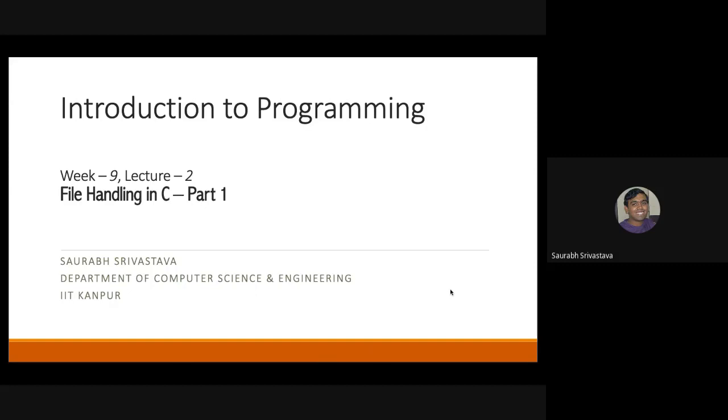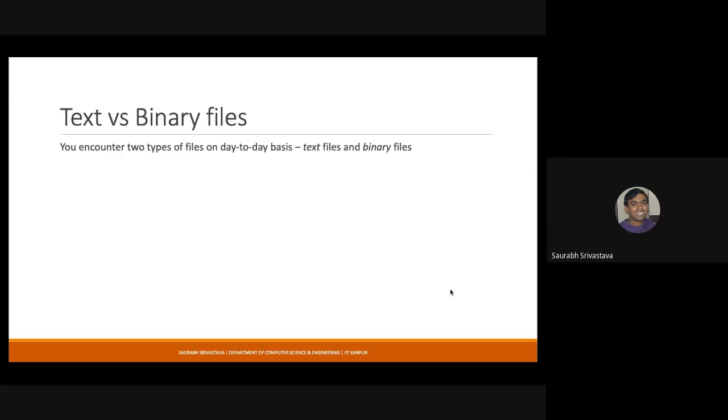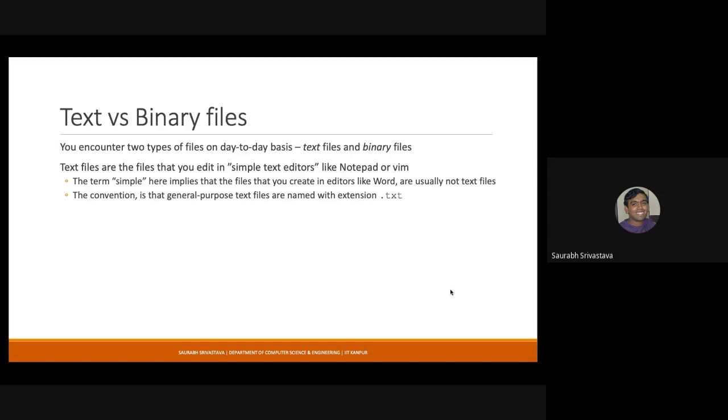So the next part, so this was basically the last part of our regular coding part, right? So this was about file handling. Now whenever you want to do file handling, there is a basic concept that you need to know, that files are of two types: text files and binary files. Text files are basically the files that you can simply open up in Notepad or Vim or that kind of thing, and they store the data character by character. Each byte within a typical text file essentially represents a particular character.